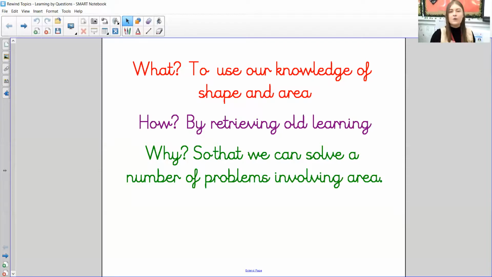Okay, so the questions that we're going to do first of all are on a slide for you. So we are going to use our knowledge of shape and area. We're going to retrieve it by retrieving old learning so that we can solve a whole range of problems involving area. So they're going to be asking us different kinds of questions. Some are going to be worded, some are going to be numbers, and we're going to just solve all the problems that we're given about area. Okay, so